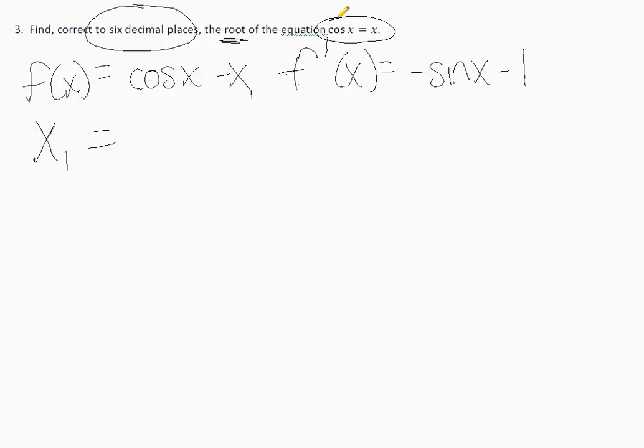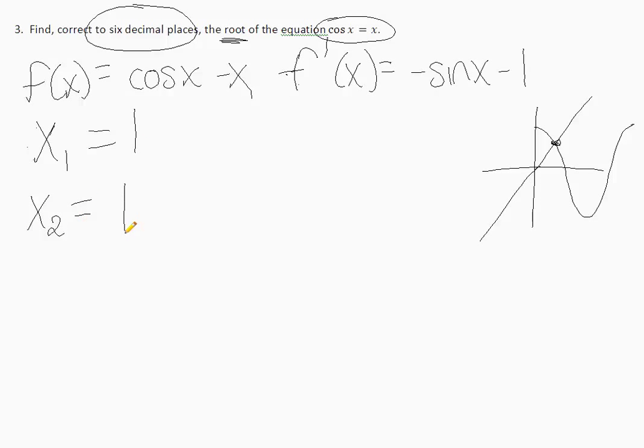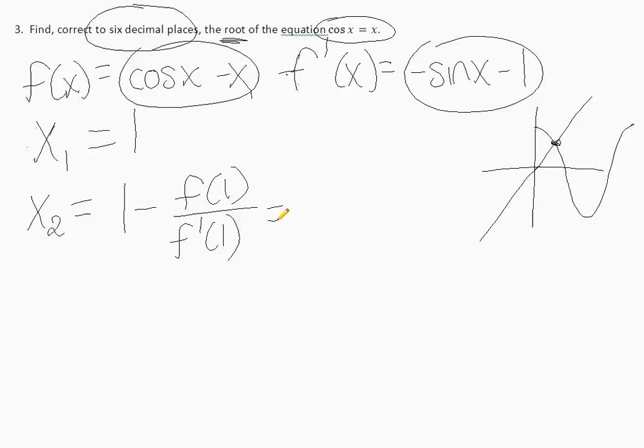If you think cosine of x equals x, cosine of x, we know, looks like that. y equals x looks like that. There's the answer. About what is that? I'm going to say it's close to 1. So I can start at 1 again. Then you're going to go through and do the formula. So x2 is going to be 1 minus f of 1 over f prime of 1. So you'd plug 1 into this, you'd plug 1 into this, divide them, subtract, and you get